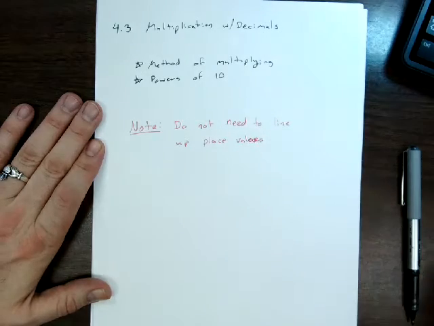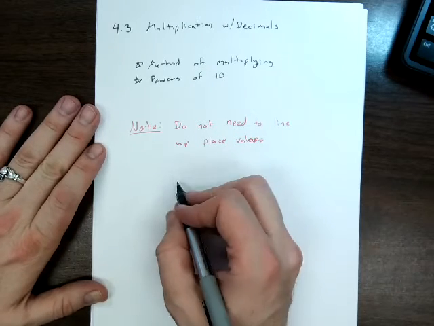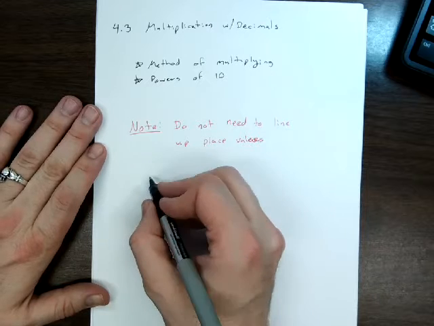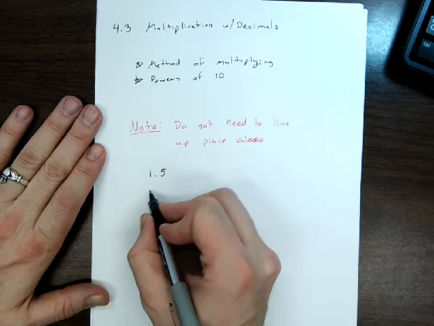You don't need to line up your place values, which means I can take a number like, say, 1.5 and multiply this by, say,